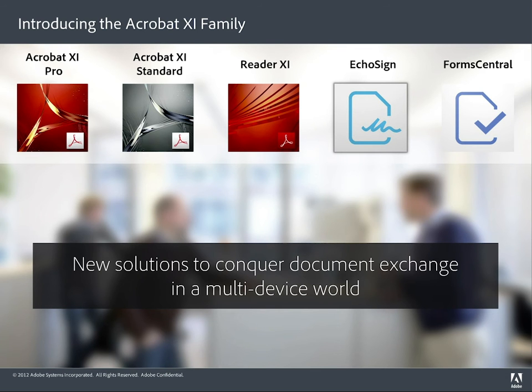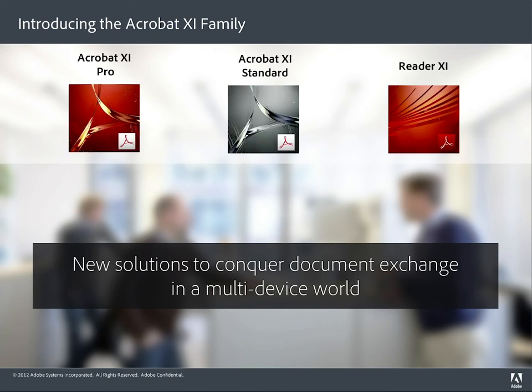Right. Excellent. So you've seen all the ways that Acrobat can help an agency or specifically customers. So we are now introducing the Acrobat 11 family. Now we do have two slides here, so this is just a side note for our government folks. If we're going to present the NDA, we would probably use one or the other slide. We've got this slide, and what it does is it shows the entire Acrobat family, which includes EchoSign and FormsCentral. And then we also have this slide, which just shows the Acrobat family, including Acrobat 11 Pro, Acrobat 11 Standard,